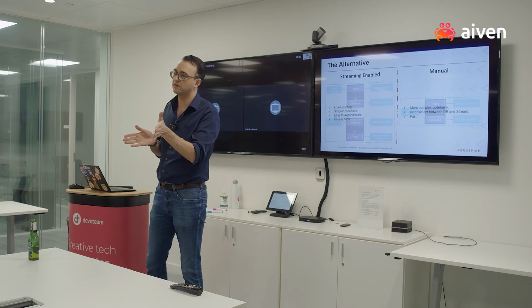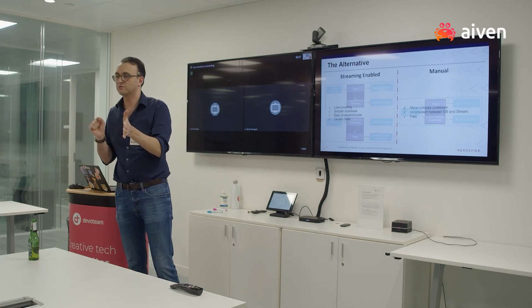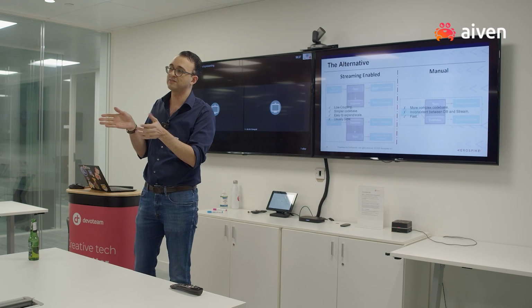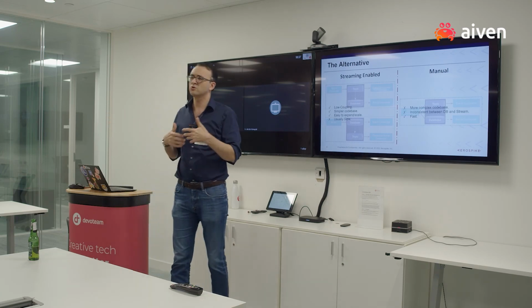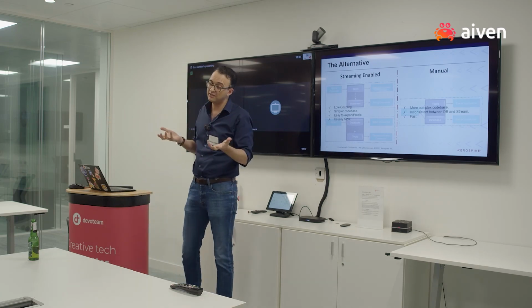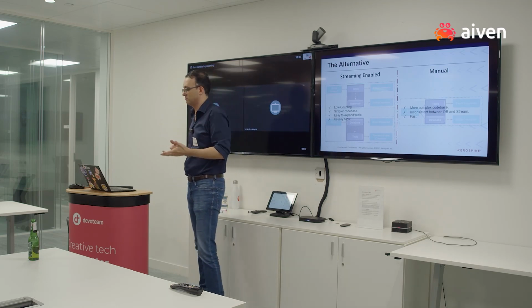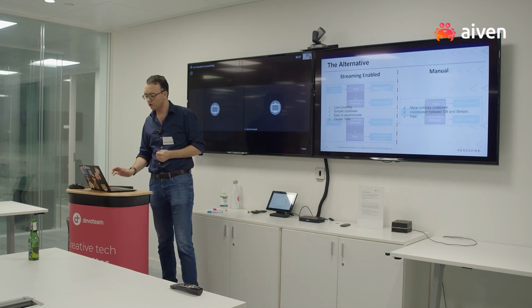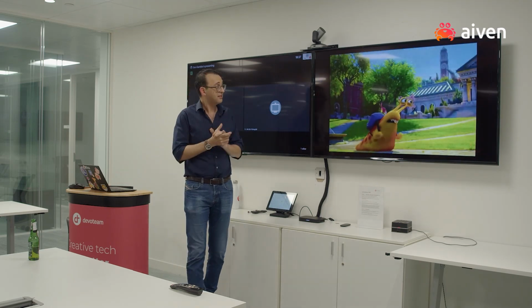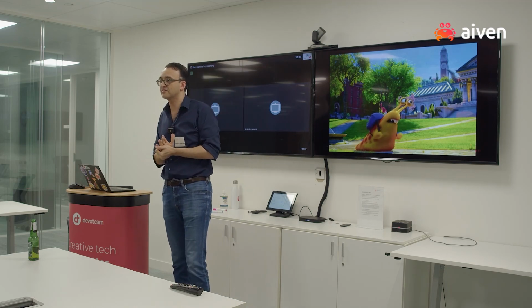You write to the database, but you can't write into the streaming service. You write to the streaming service and you don't have it in the database. So you either have to live with it, or if you are not going to do that, your code base is going to become even more complicated. So yeah, these streaming-enabled technologies are pretty cool and we love them, but the problem is that they are very,